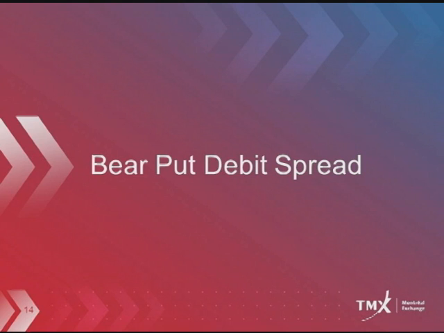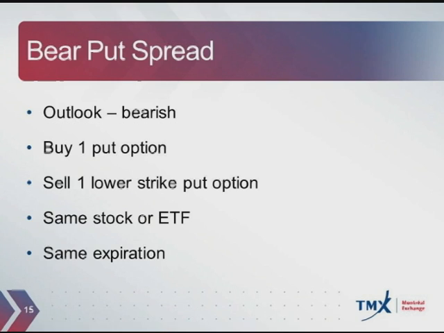Now, the other way that we can approach this is we can take a bearish stance on the market, and we could do a bear put debit spread on a stock that we feel is going to sell off. And so our outlook is moderately bearish. We're going to buy one put option, and then we're going to sell one lower strike put option at a distance away from the purchase strike that we feel is appropriate. Again, it's going to be on the same stock or exchange traded fund, and we're going to use the same expiration date. So in this particular scenario, I was looking at Potash February 3rd trading in and around that $35